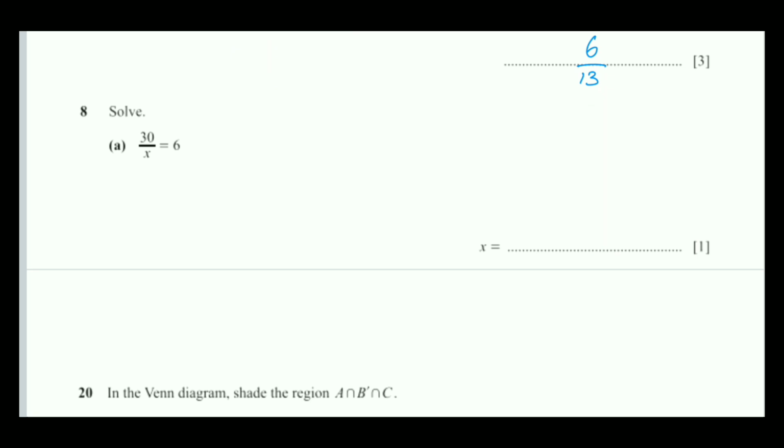Okay, solve 30 by x is equal to 6. As you know, solve means that you have to find the value of the variable that is included in the question. So in this question, x is the variable. It means that you have to find the value of x. So in this scenario, you have to cross multiply. x and 6 will be multiplied. You can also do it like that: 6 will come under 30 and x will go in place of 6. So 6 5s are 30. So the value of x will be 5, simple. 5 will be the answer of this question.